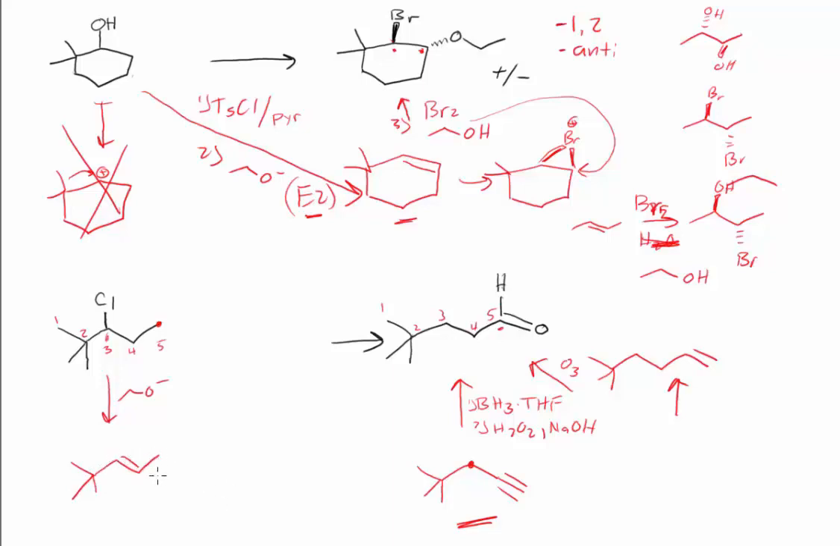And then we could try to put a group here. Again, we're going to have less selectivity, but we might be able to do something like HBr. Actually, I'd probably rather not do that, because that's going to involve forming cations and potential rearrangements. We do have the possibility for a rearrangement here. So why don't we